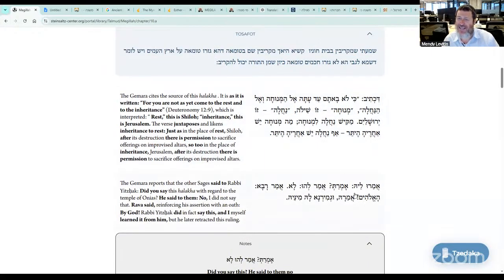Amar lei, he said, the rabbis don't accept this statement. Amart, did you really say that? Did you really say that you could sacrifice today in the house of Chunya, meaning in a private temple outside of Eretz Yisrael? Amar lo, he backtracked. He said, I never said that. Amar Rava, so Rava said, alikim, an expression of I swear. Amar, vegamirna lah minei, I heard it in your name that you did say that. So why are you saying you didn't say that?